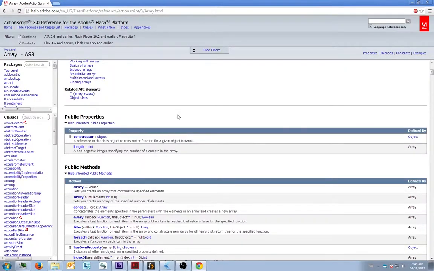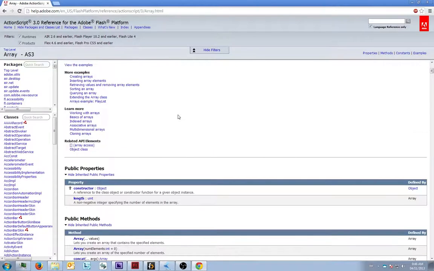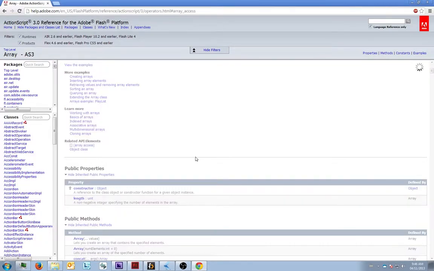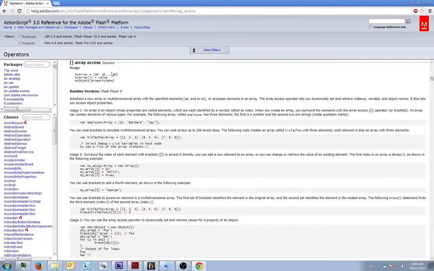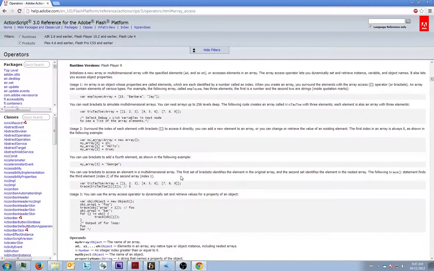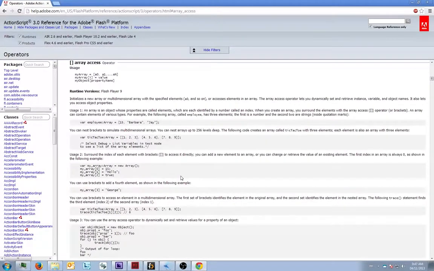Alright, so if you were able to find it, you know, read up and get array access to kind of work, then good on you. If you weren't, then take a look at this array access. Array access tells us it's an operator. This actually teleported us to the operators page, and it tells us how we can kind of access arrays and, you know, multi-dimensional arrays and whole varieties of different things. All these are very fancy concepts, and we might get into them a little bit more. But